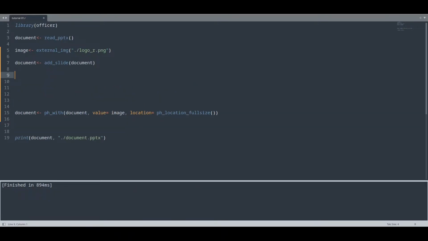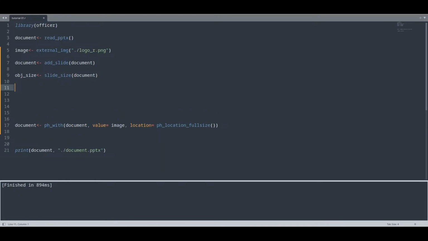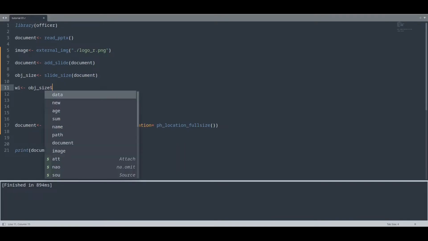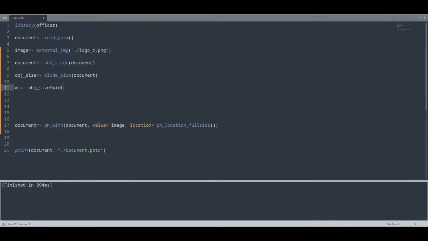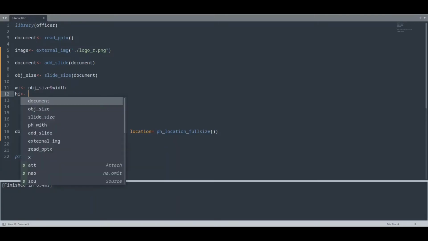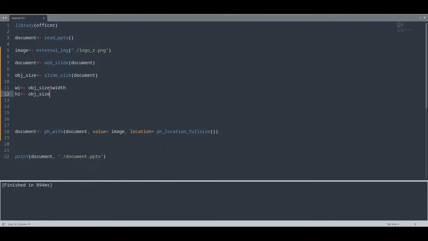So first thing that we actually need right now is an object of slide size. How to get that object? Object size is going to be slide size of this document. So now this is going to hold width, and from object size we are going to take width. And now we are going to take height,